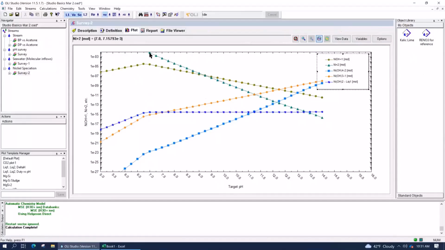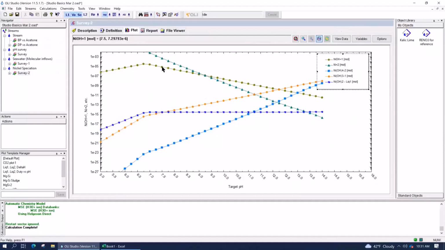Essentially, it's nickel by itself surrounded by a hydration sphere of waters. The next important one is this nickel hydroxide +1. Essentially, that's nickel that coordinates with a hydroxide ion to form this +1 charge ion pair. That's also surrounded by water.